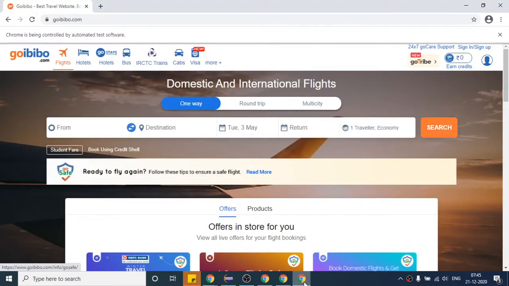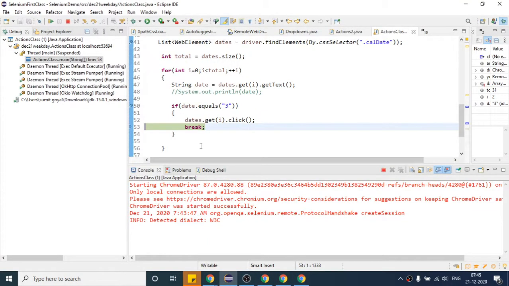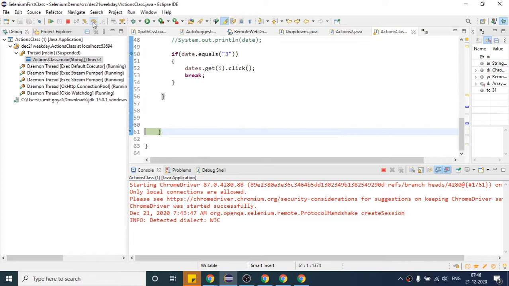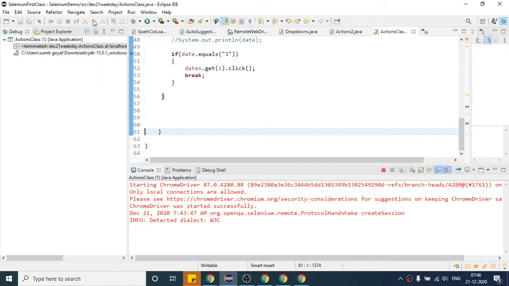So this is how we have to approach. And why am I using the break statement? Because I do not want to waste my for loop. Our task is done, we have clicked the required date, so why should I run my for loop again? So instead I will use the break statement, so that once this line executes, we will no more execute our for loop and we will come out of it. If I execute this, you see we come out of the for loop, and the for loop only ran 3 times, right? So we saved some of the iterations, and after that our program will stop. So this is how we have to click any particular date.